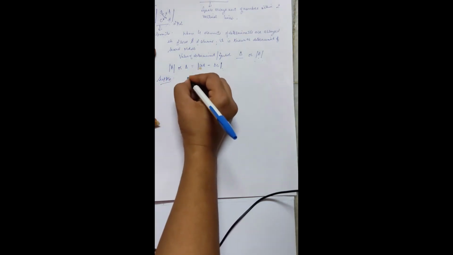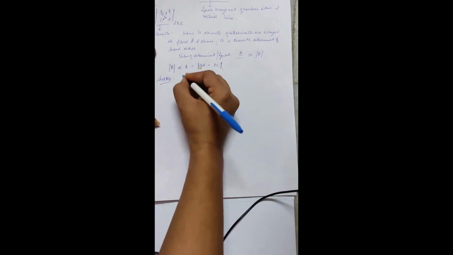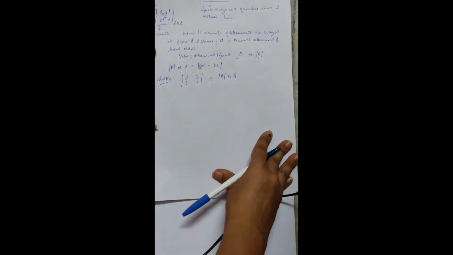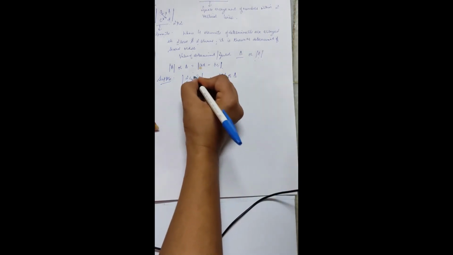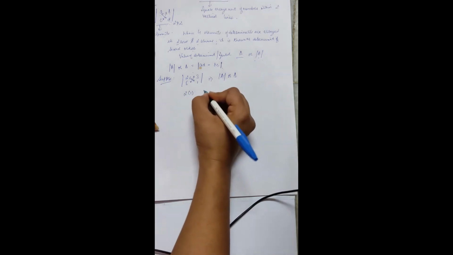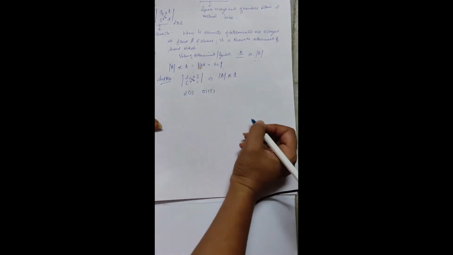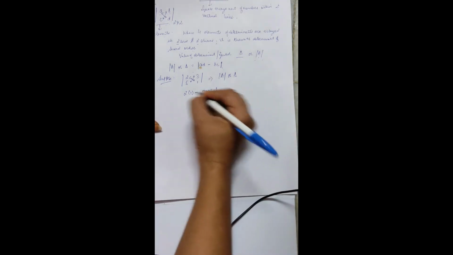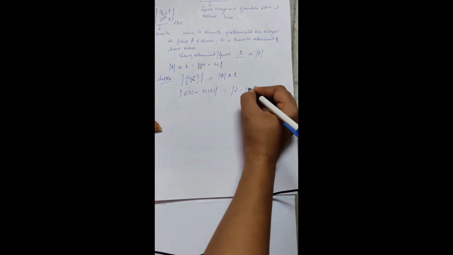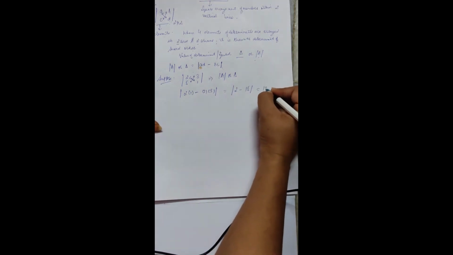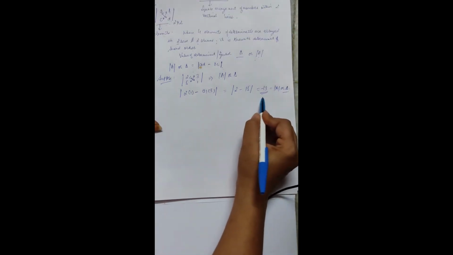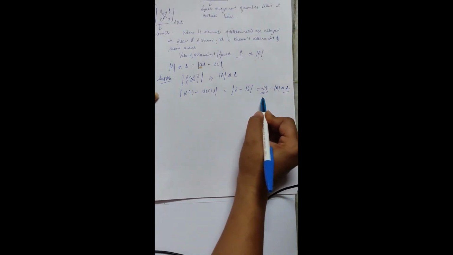Now let us suppose the information given to me is 2, 5, 3 and 1, and I have to calculate the value of the determinant. I will simply cross multiply these values. I will write 2 into 1 and 3 into 5, and in between I will put a minus sign. What will I get? 2 minus 15. So the value of the determinant is minus 13. This is the case when we calculate the determinant of second order.